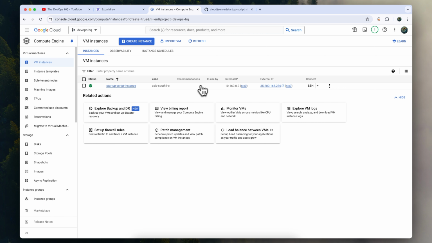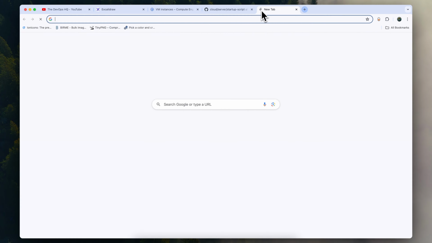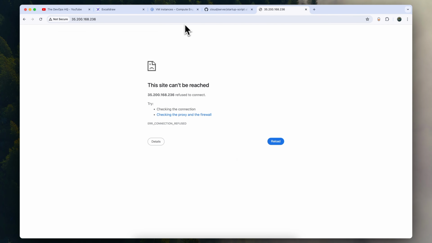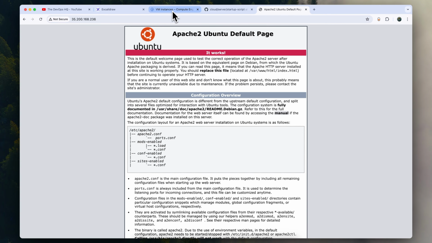So our instance has been created, and here you can see this is our internal IP, that is our private IP, and this is our external, that is our public IP. If we copy this public IP and paste it in a new tab and hit enter, we can see that we are not able to connect to our instance,